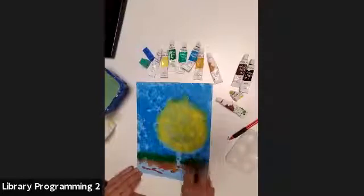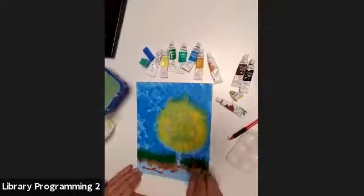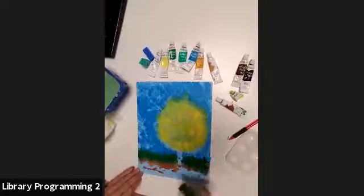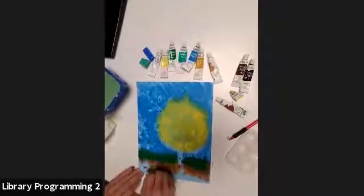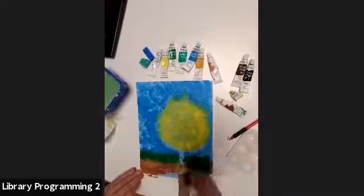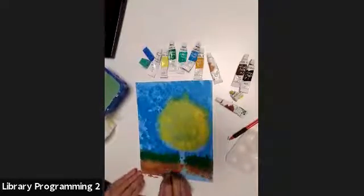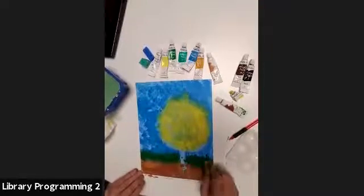And I probably put a little bit too much here, but there's a very fancy word for that, and it's called impasto. It's an Italian term from the Renaissance, and it means the paint is very thick, and you can see the movement of the artist as they painted. So some of you might be familiar with Van Gogh, and Van Gogh had a really thick impasto going when he painted. You can see the big swirls in the night sky and all that. So that's impasto. And don't worry, we'll wipe it off the table. That's a nice part about